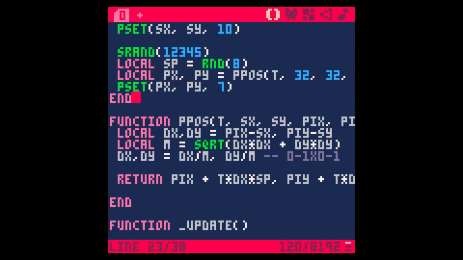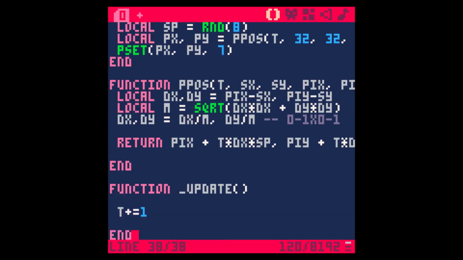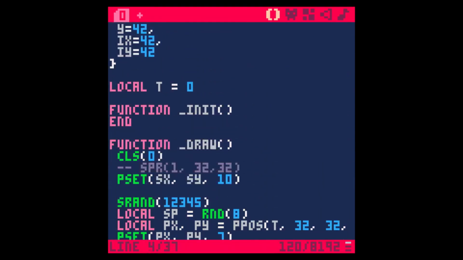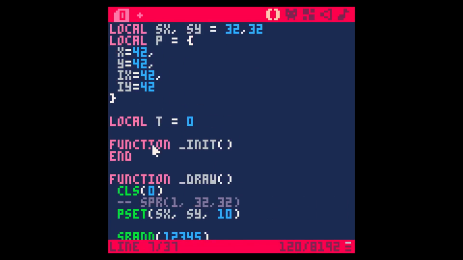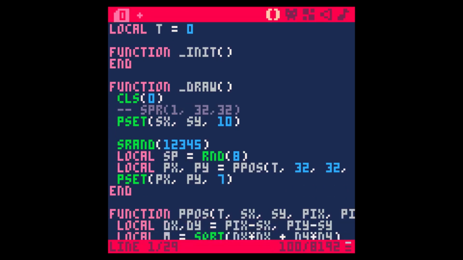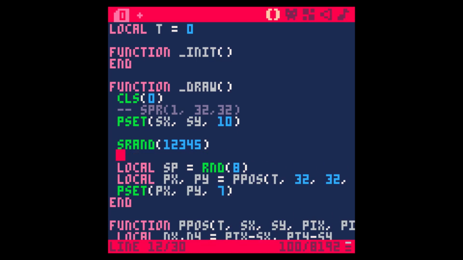So now we're not really storing state, we're not really updating anything. We're just using this function every single time. And a random number for the speed for the particle. If we set the random seed, this speed for each particle that we call will be the same each time. So now what we want to do is we want to